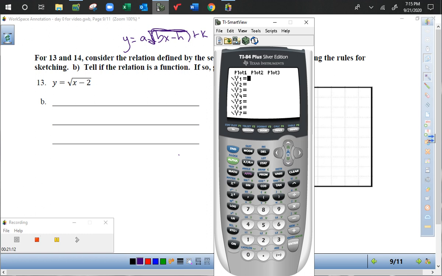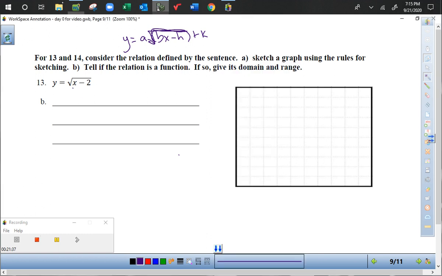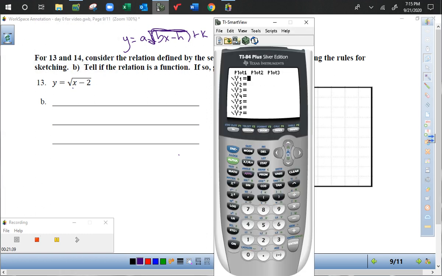Going back to the y equals here, we want to type in this equation that we were given. So ours is the square root of x minus 2. And then I'm going to take a look at the window, and we want to change it back to a 10 by 10. The easiest way to do this is zoom and then 6 for a standard 10 by 10 window. Now, we may adjust this window based on what's nice to see our graph, all of its important